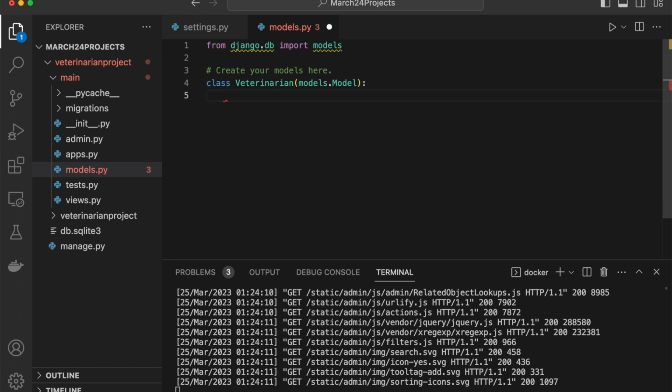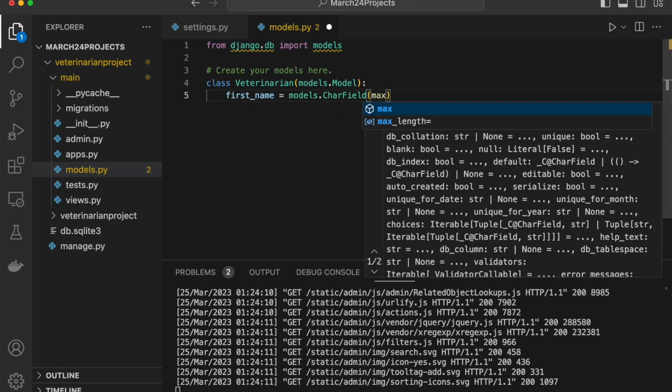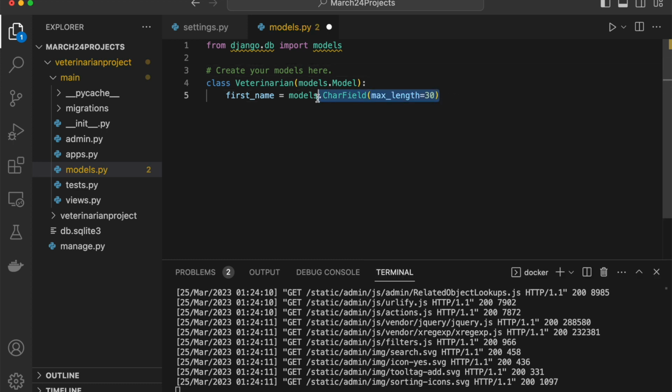So I'm writing this as if it's Python code, but I know that this is going to get turned into a table when I run the migrate command eventually. All right, perfect. So what I'm planning so far is for there to be a first name column in my